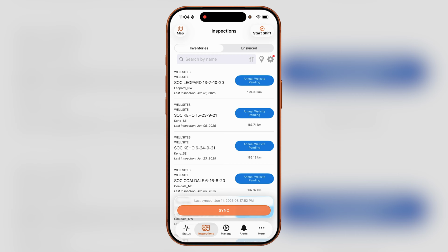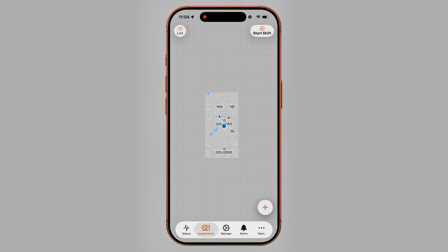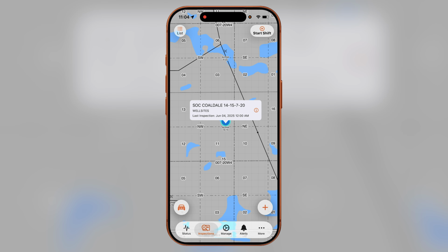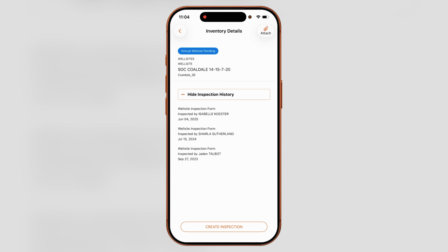There's also a map feature that's available in FieldOps, and it gives you a bit of an offline view of the AbaData Maps map. You can see there are pipelines, wells, and inventory. It navigates along with me. So if I was curious to head out to this site and I didn't know how to get there, I can touch on it, hit on the car button, and it'll give me turn-by-turn directions on how to get to that location. You can also perform inspections from the map. So if I touch on that, I'm back to that inventory detail screen where I can make edits as needed